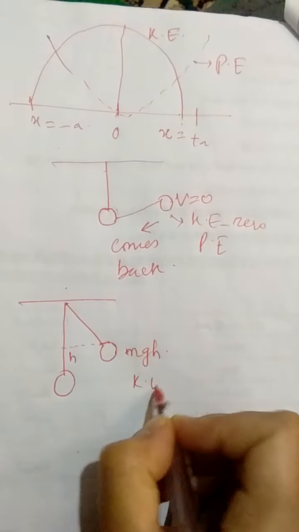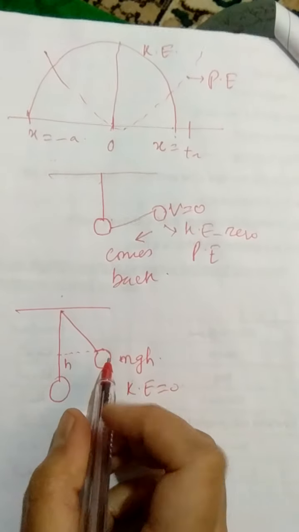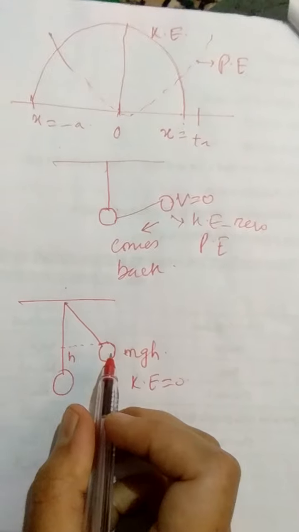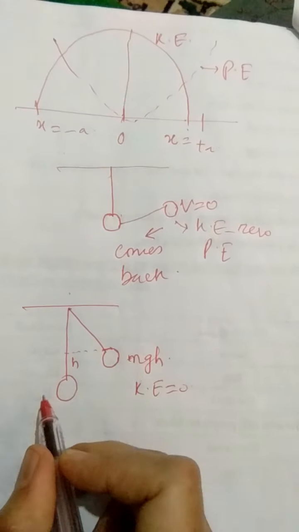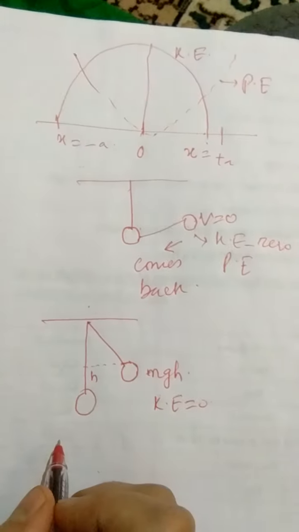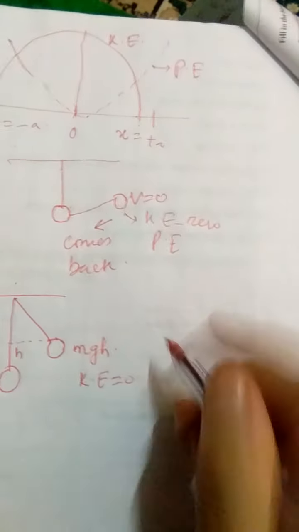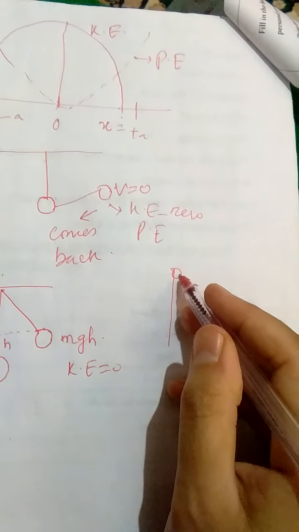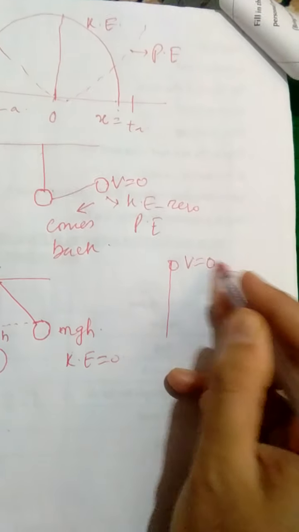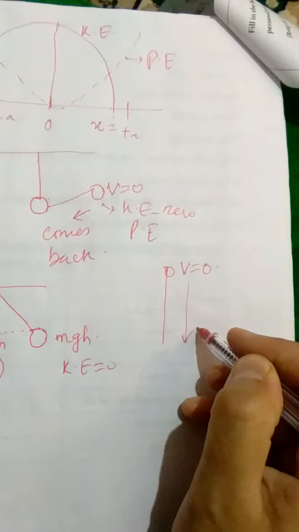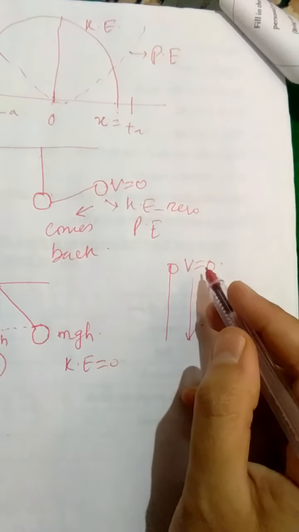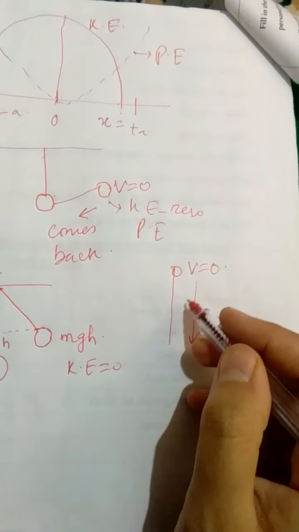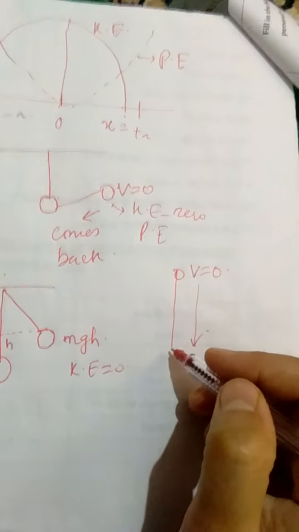And what's the value of kinetic energy there? It is zero because the velocity turns out to be zero here. And because velocity is zero, kinetic energy is zero, and the pendulum starts to come back to its mean position and then go to the other extreme, right? Similarly, when we throw a ball upwards, why does it come back? Because at a certain height, its velocity is zero. So it falls back, right? So whenever velocity turns zero, kinetic energy is zero, but potential energy is maximum. At the mean position, when kinetic energy is maximum, potential energy is minimum, right?